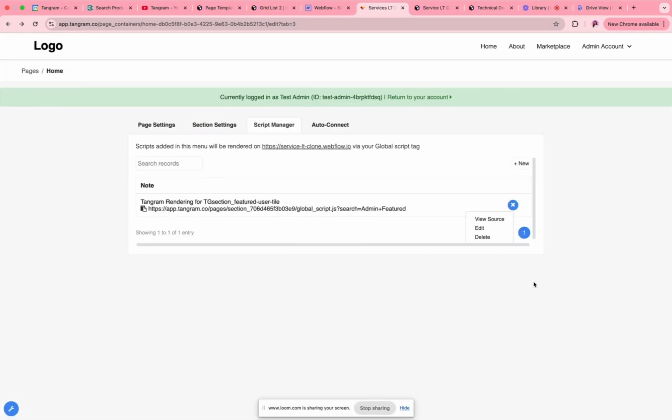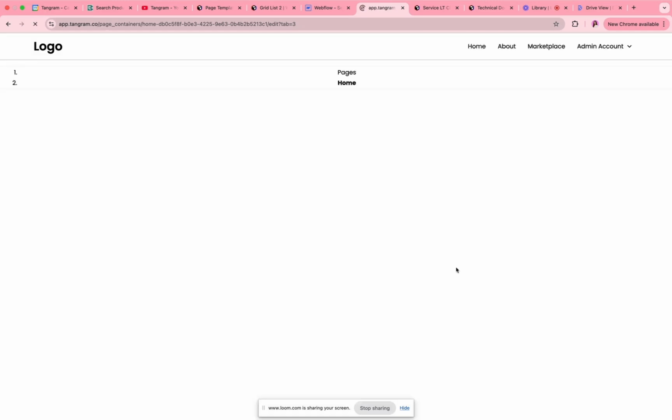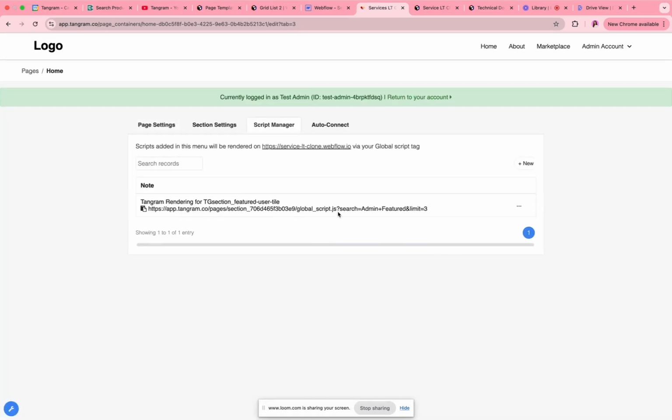In your admin account, you'd be able to set a limit. Maybe if you want to limit it to 4, you could do and limit equals 4, 3, we'll hit save. And the syntax is just you want a question mark before the first parameter, and then anything after that, like a limit or sorting or additional search field parameters will require an and in between